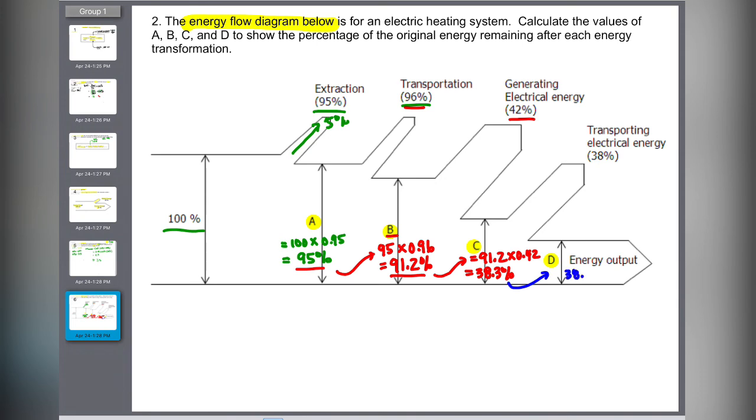The next one has 38.3, but I only have 38% that got taken. So 0.38. With only 38% left, I now have 14.6%. And that's the overall: think of all the energy production from 100% because I'm extracting oil, transportation, and doing other stuff. What actually gets to your home is 14